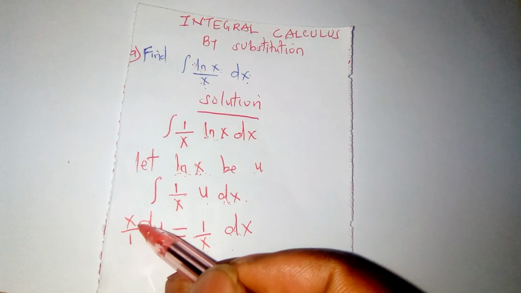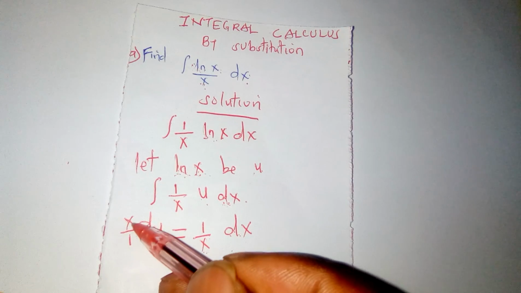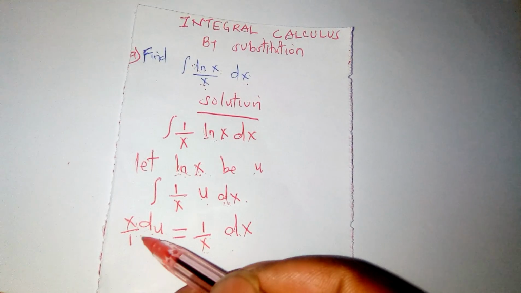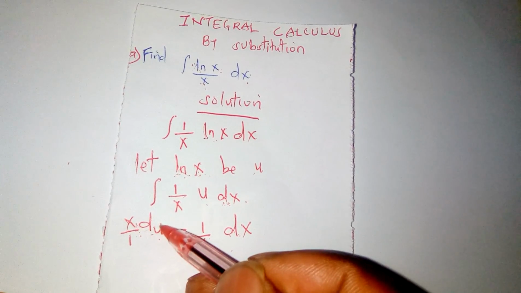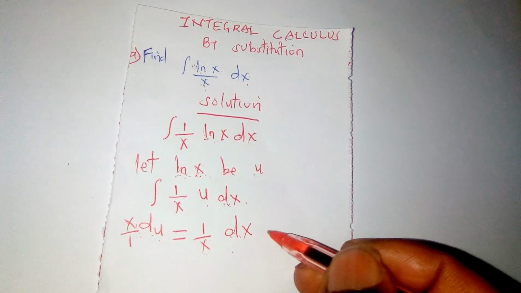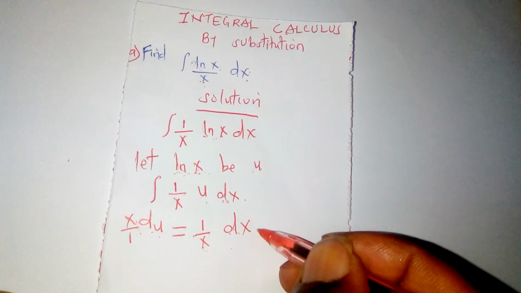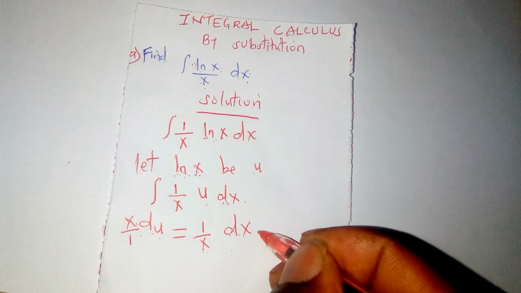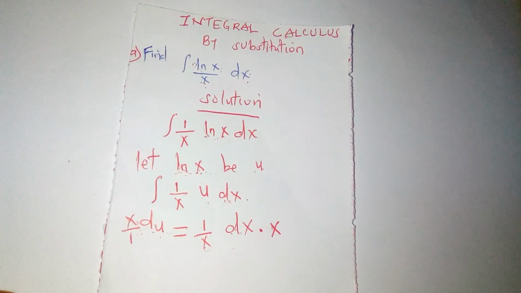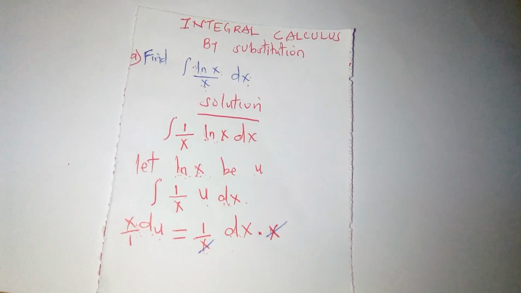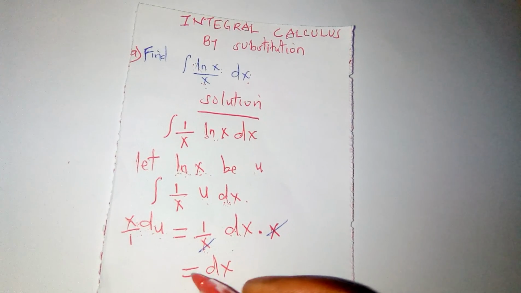I've failed to put a multiplication sign here, because when I put a multiplication sign here, it will look similar to my x. So I've just assumed that the multiplication sign is already there. Let me just use a dot, because a dot just means multiplication. When I multiply by x here, this x goes with this, so that I remain with dx on this side equal to x